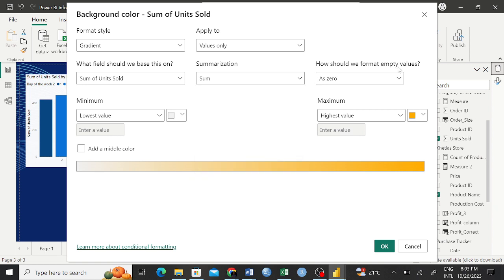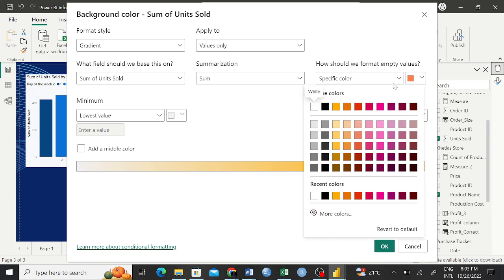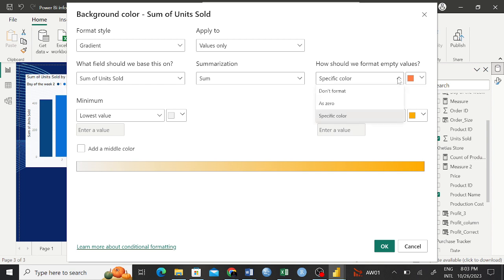How should we format empty values? If we have empty values in our table, what should happen? Don't format or format as 0. If you click on specific color, you'll need to specify the color that is going to be used to format the values that are empty. But here we want to say don't format them. Of course, we don't have any